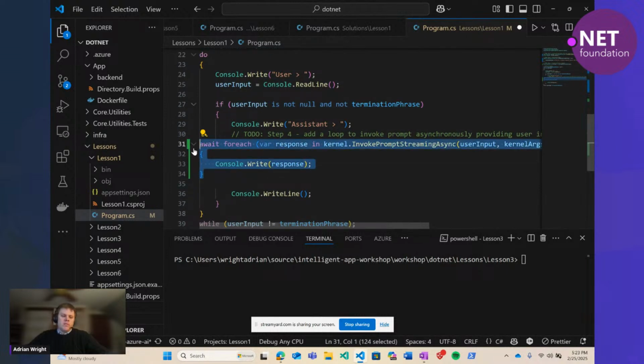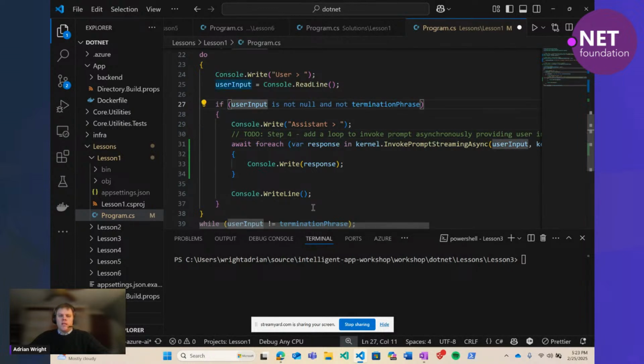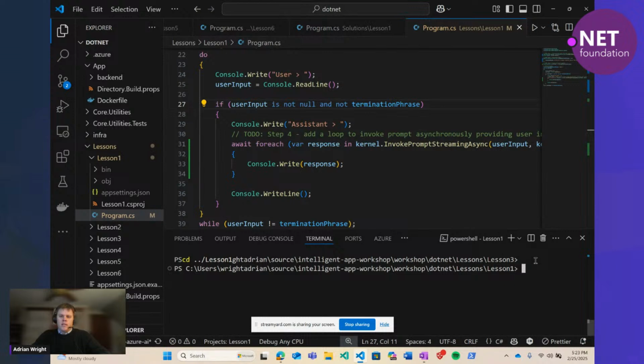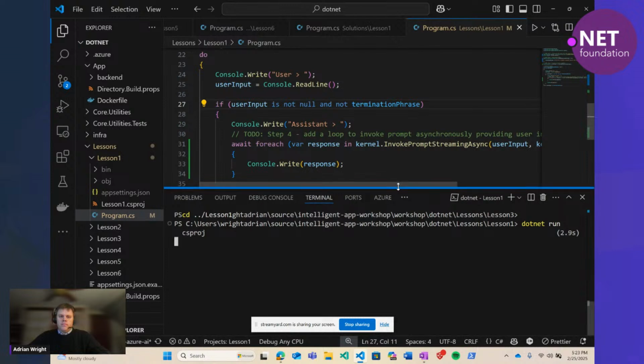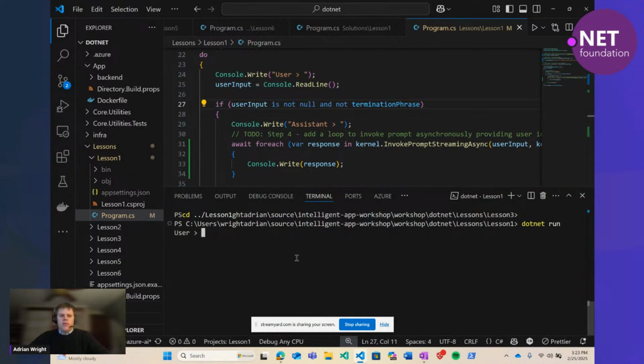So you'll see there's a big loop here, and as long as it doesn't match this termination phrase, which is quit, we will keep running. So very simple console app, and we will run lesson 1 here. So you can just run dotnet run. It'll build the code and execute it.